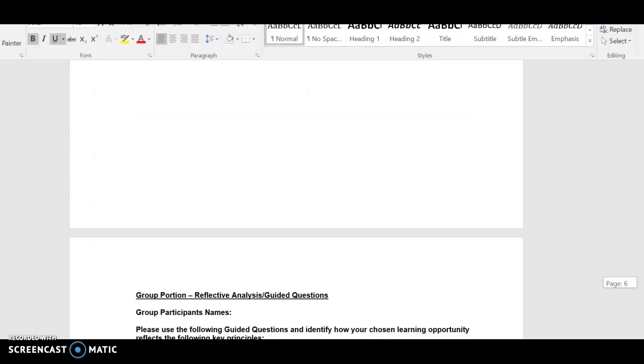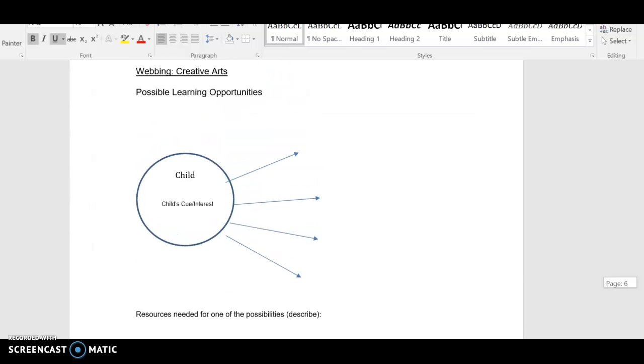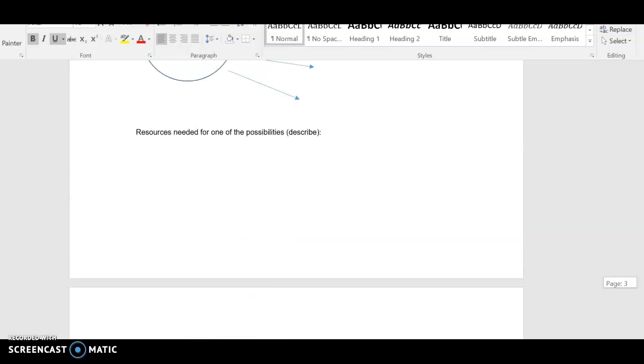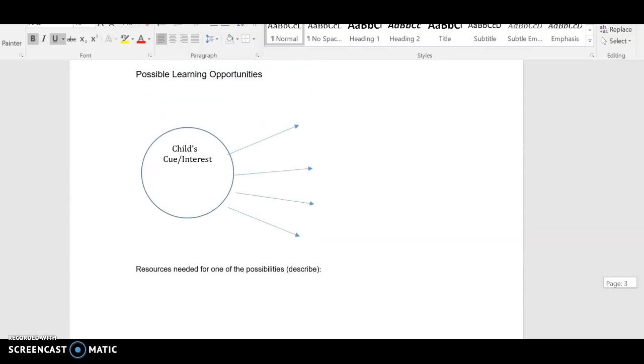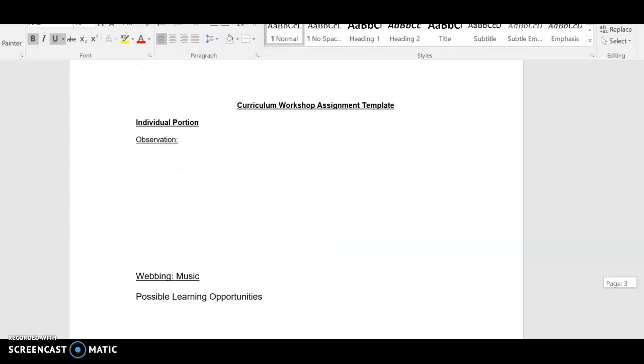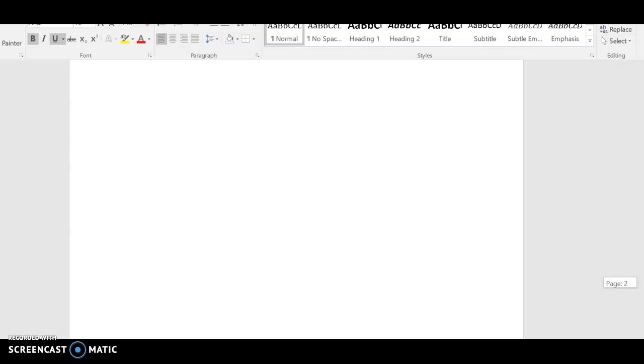Okay, we will discuss this in class next week, but I just wanted for you to have a look at this, and since you are in placement tomorrow, you can take the opportunity to also make new observations if you need in order for you to complete your webbing. Okay,